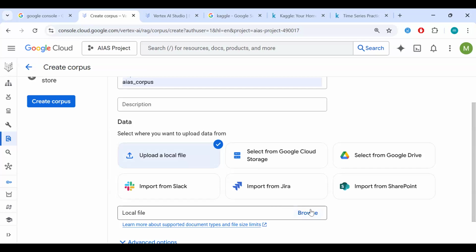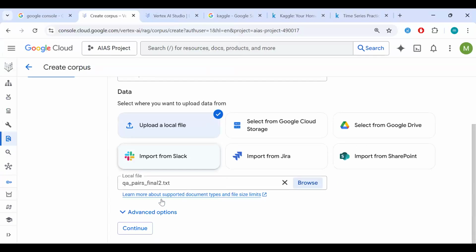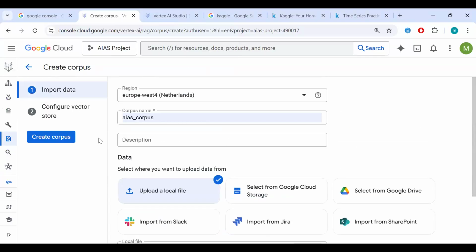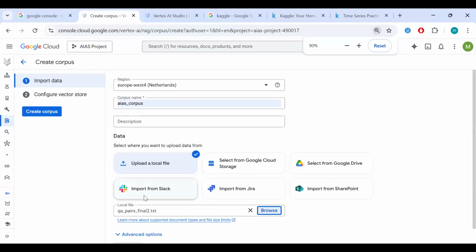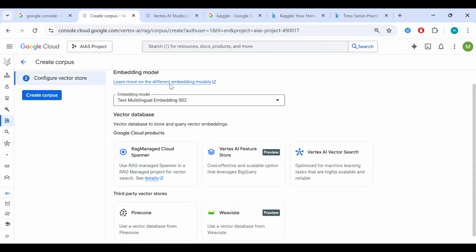Now, RAG doesn't do CSV format, so we need to upload a text format, and this is what it is, Q and A pairs. So we upload this, and we click continue, and then we configure. Like I said, I mentioned embeddings, right?